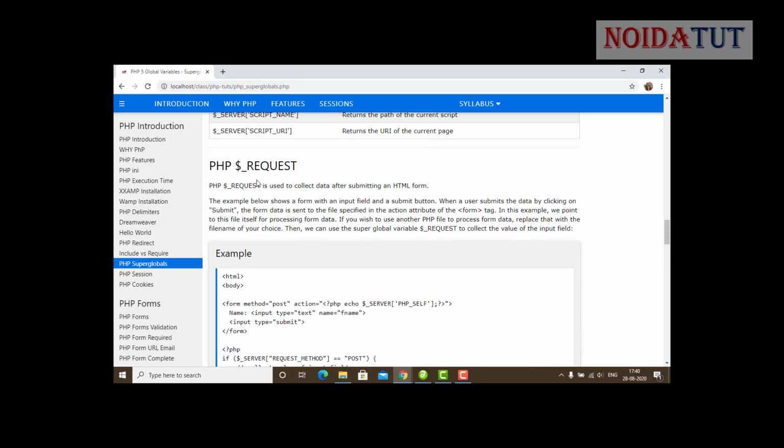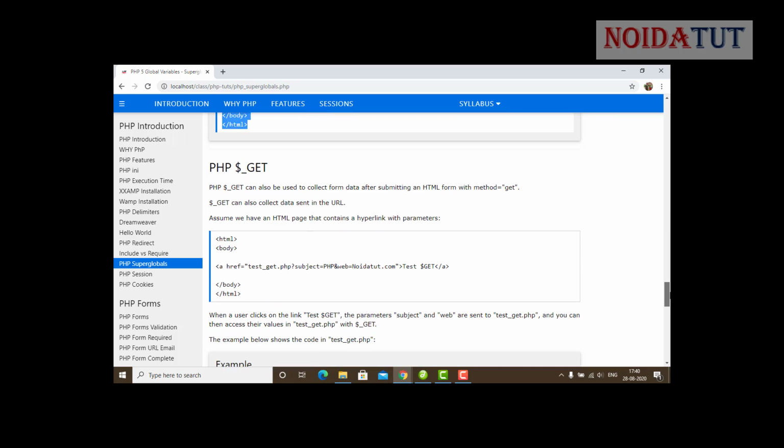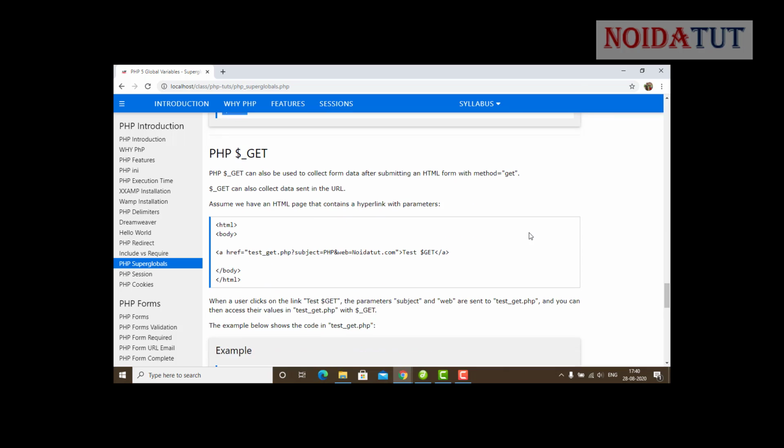Similarly, we use the request method to collect data from one page to another. Then the third method, the get method, is used to transfer the data from one page to another and then grab it and display it on the other page.